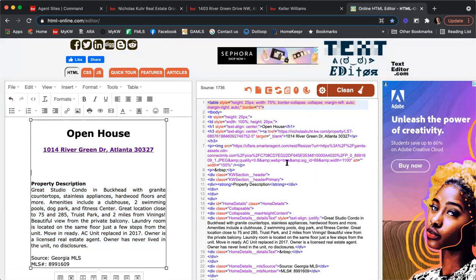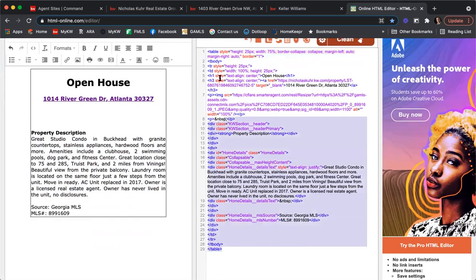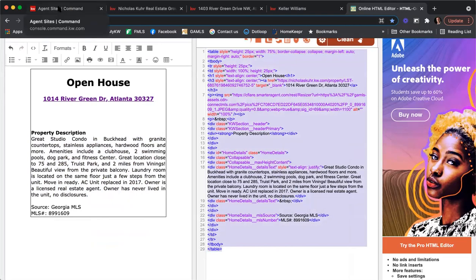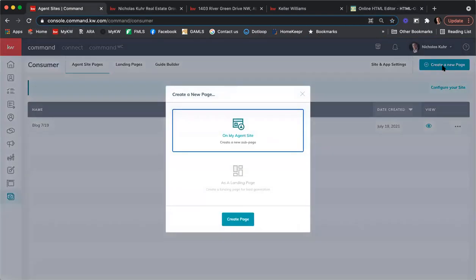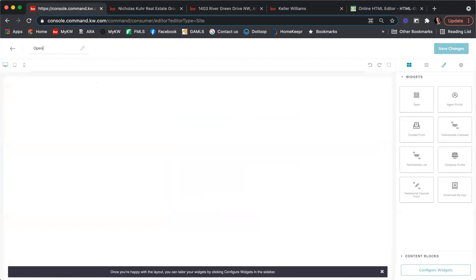All right, so here we have our text, our little website mockup over here. On the right-hand side, I'm going to copy all of that text, all of the code. I'm going to click copy, come back to my agent website. I'm going to click create a new page on my agent site. Click create page. I'm going to name this open house